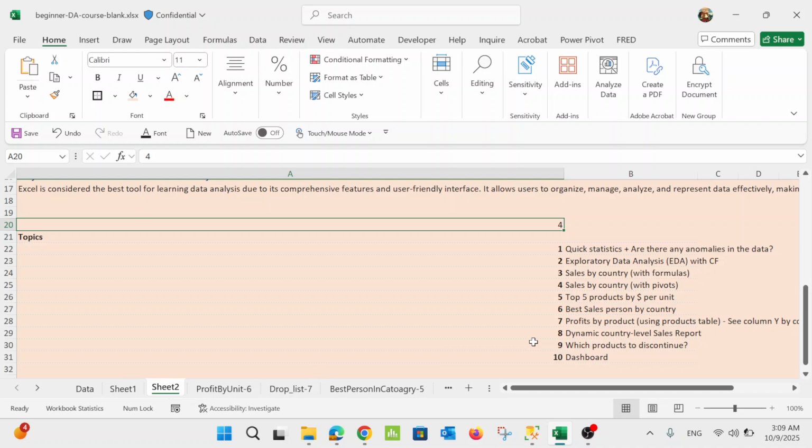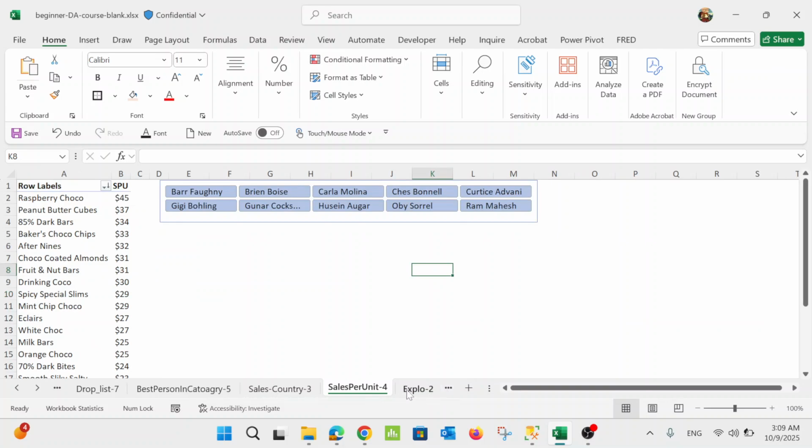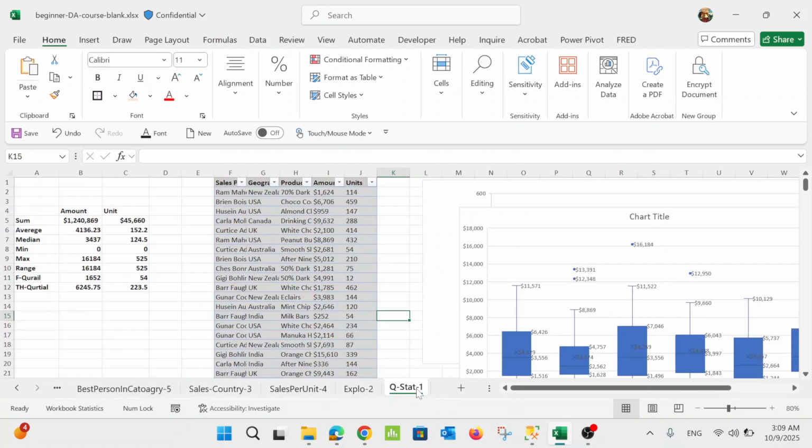I will start with descriptive analysis. Descriptive analysis describes the data, like a very quick statistical overview. I work with the mean, the average, the max, the sum, quick statistics. I get what they call the five important functions in statistics, and I add the quartiles, the first quartile and the third quartile.